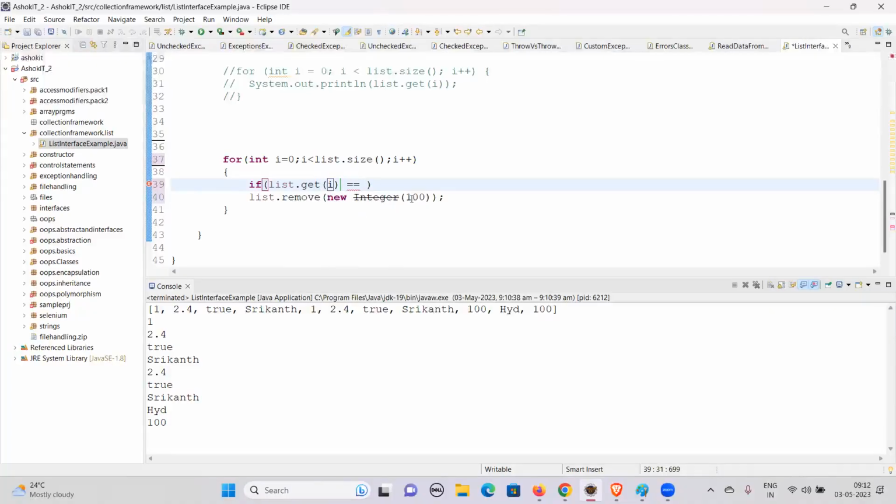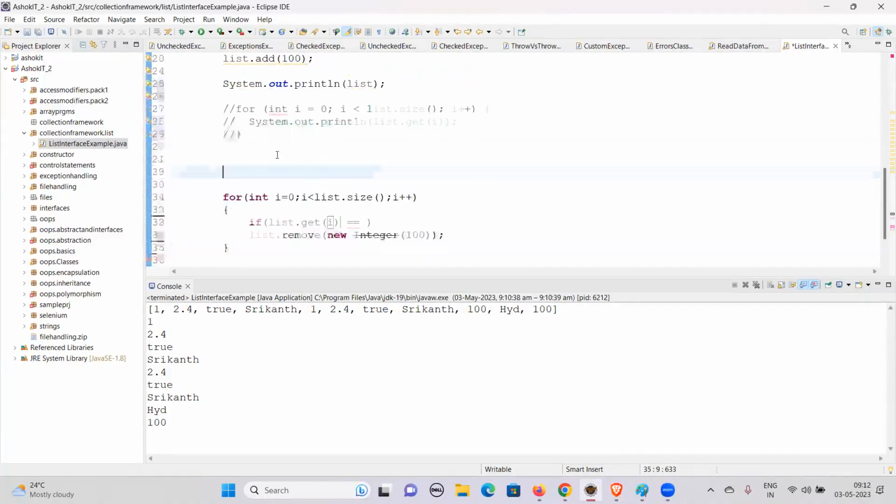Equal to whatever value you want to give. So, for example, if you want to remove the index,